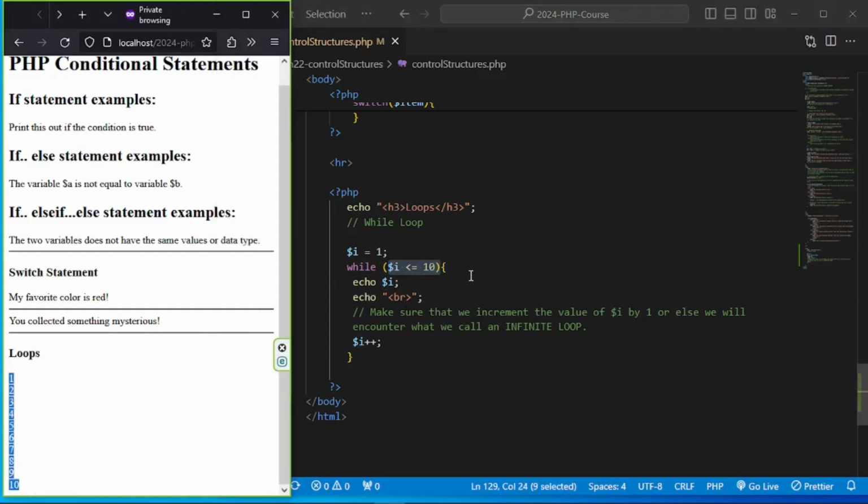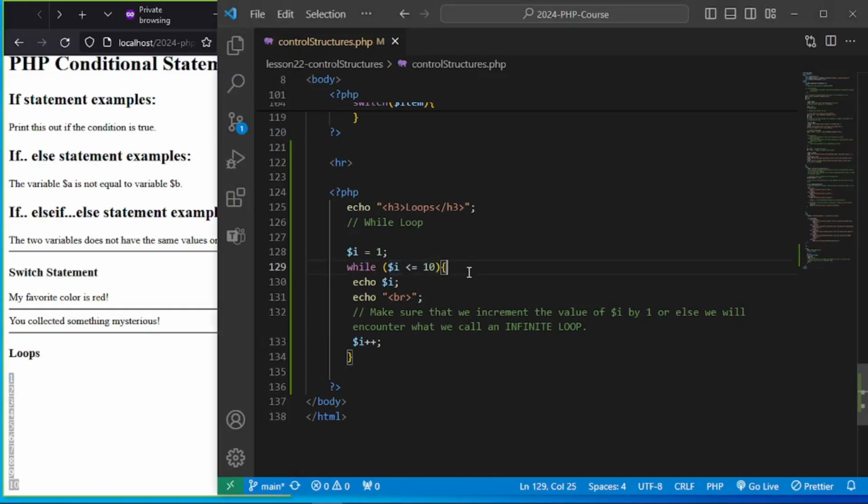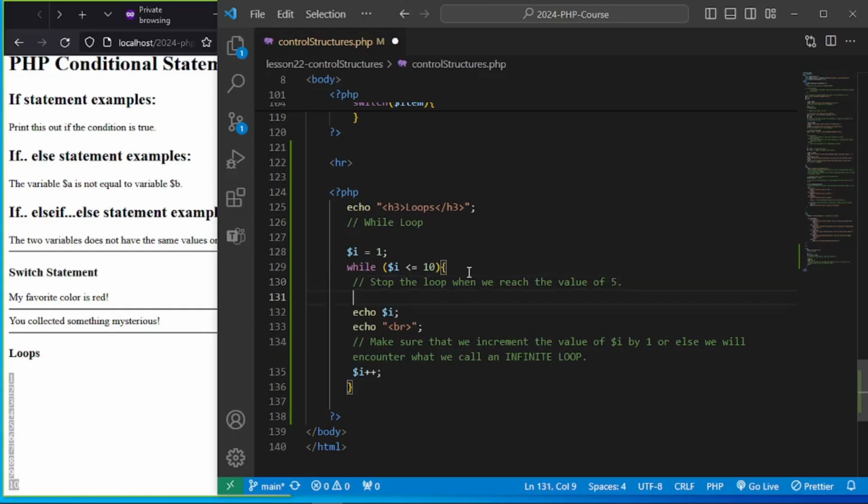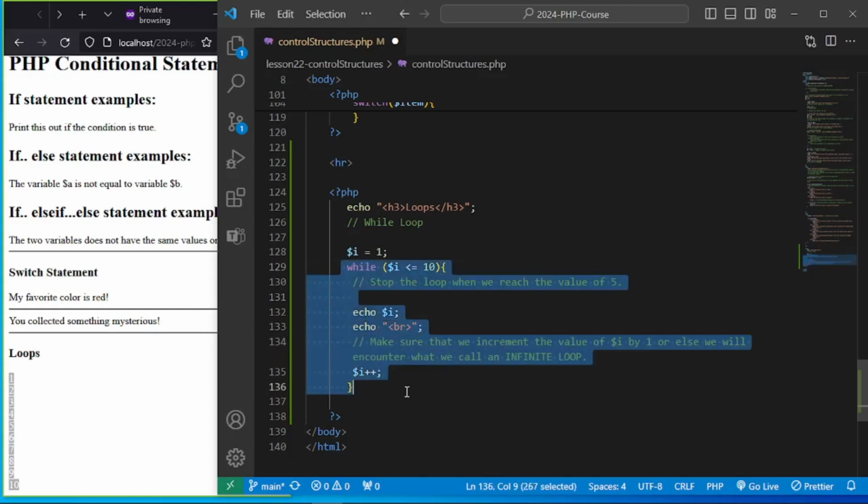Let's try to type here what we want to happen. Stop the loop when we reach the value of 5. So how do we stop the loop when we reach the value of 5? We can nest an if statement inside of the while statement,